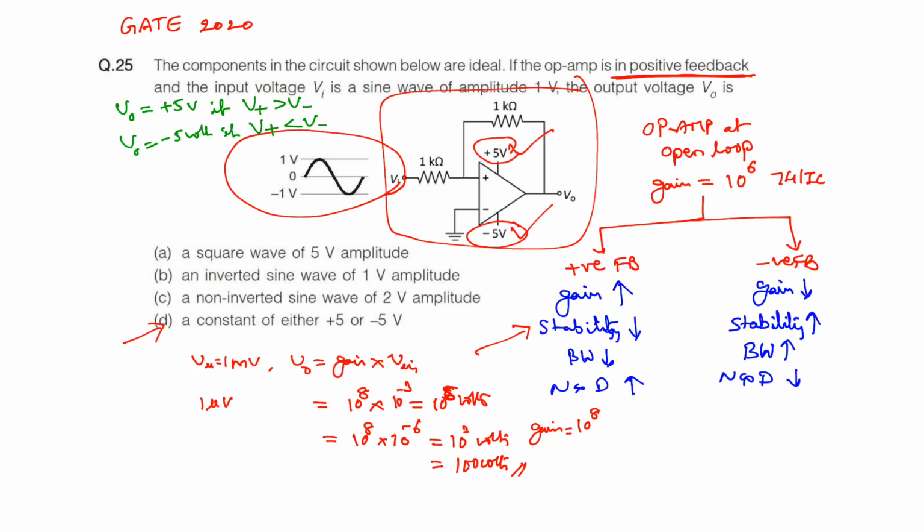We don't know the voltage at Vi. It may go up to positive plus 1 volt, or it can go down to negative minus 1 volt. So depending on the input voltage, the output voltage may go up to plus 5 volts or minus 5 volts. It will directly go to plus 5. It will directly go to minus 5. So the saturation voltages are going to be your outputs. It doesn't deviate. Directly it comes from plus 5 to minus 5, minus 5 to plus 5, because it has a very large gain, even more than the open loop gain. So the right answer for this question is D. Thank you.